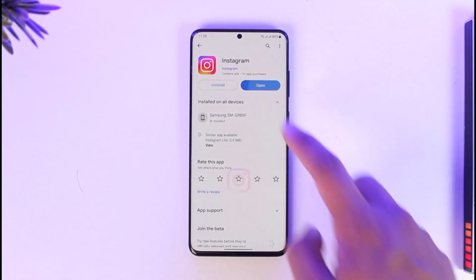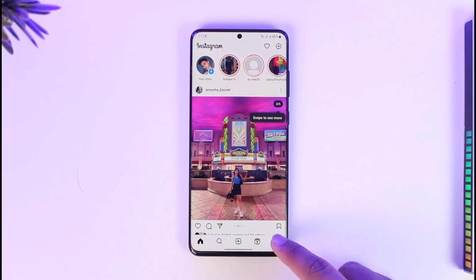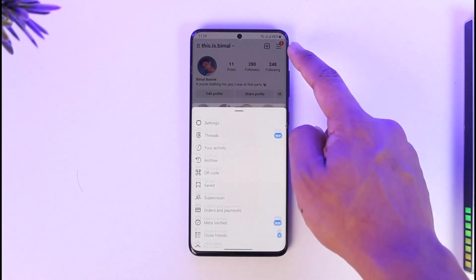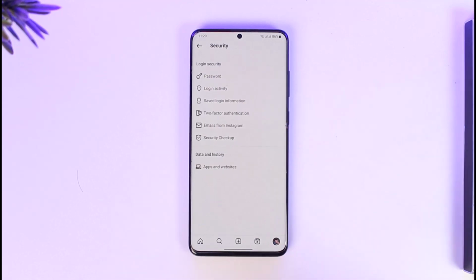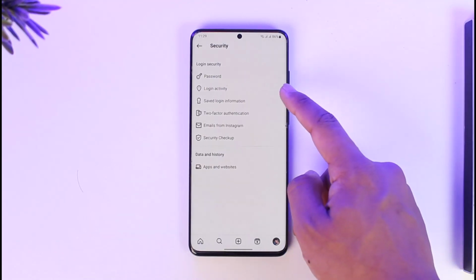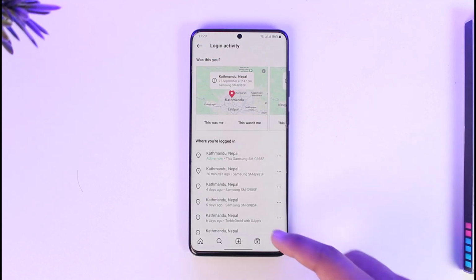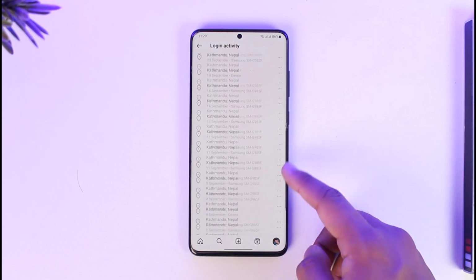So for that, you can open the Instagram app, then tap the profile icon, tap the three lines option from the top right, and then go to settings. From here, just go to security, and here you'll find the option called login activity. Tap on it, and here you will be able to see a list of devices where your Instagram account was